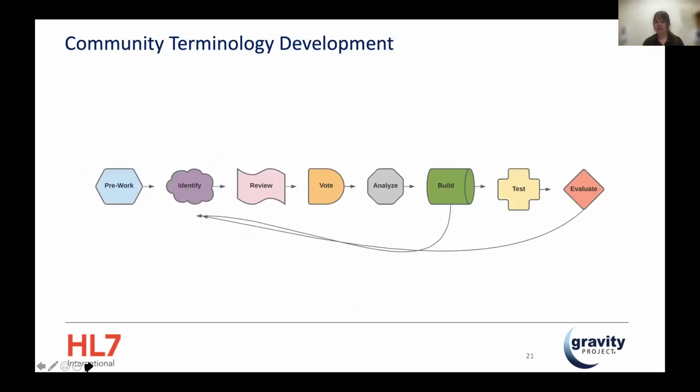There are these phases in our work. We identify and brainstorm together. We collectively sit back and review the data set for completeness. Then we have a consensus vote on that data set. Then we analyze that data set for gaps, as I referenced on the model. Then we build terminology with our data standards organizations to address every gap. And then we test, evaluate, give feedback, and the loop goes on.